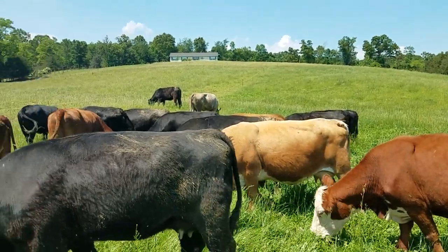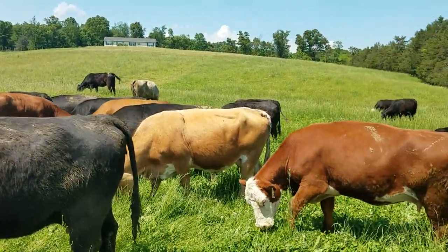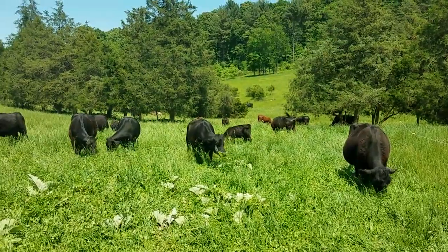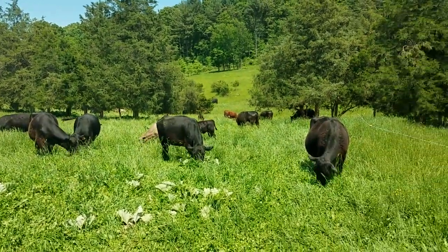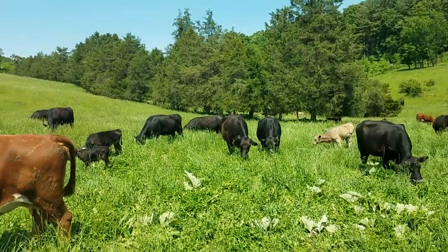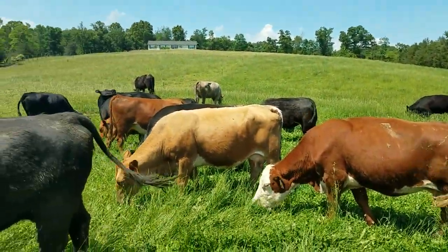So we lost, I think, 2 out of this group over the winter. One just died suddenly and randomly one day. Another one slowly went downhill, and we tried to bring her back with some Draxin, and it just didn't work, and she was dead 2 days later. So that is a downside risk to doing this,